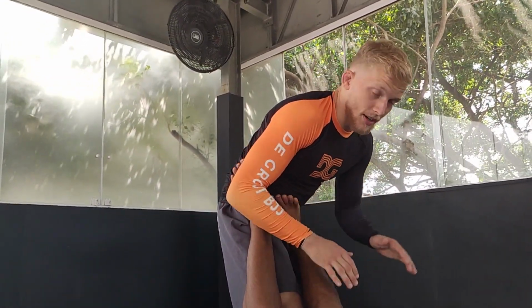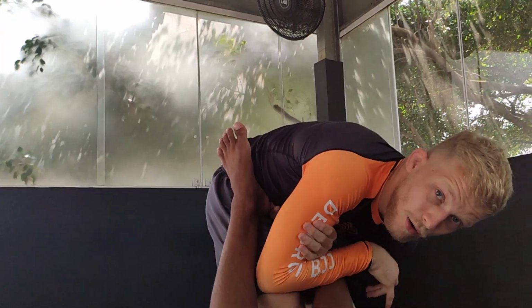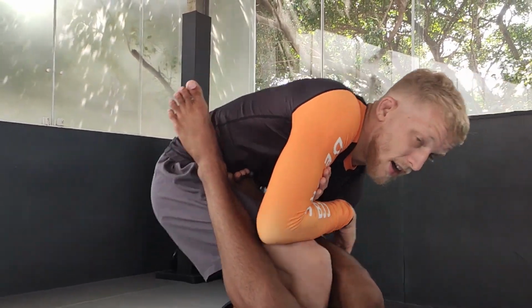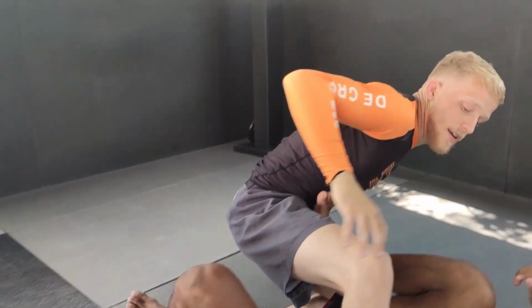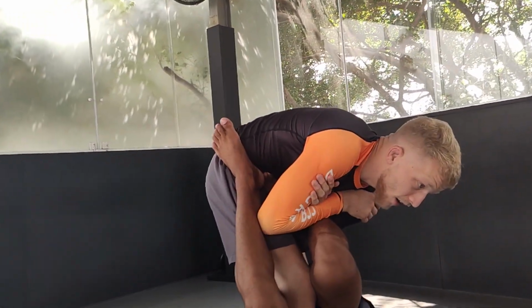So finishing mechanics are the same. My outside hand, so the hand on the side where his leg comes in, it's gonna go through, lock that rear naked choke grip, and from here keep crunching and sit back. Of course, I'm gonna release a little bit again. I sit back, and from here we use the same finishing mechanic. So from here you lock the hip and you spin. So when somebody is attacking your foot, with this situation, you want to come in, lock everything up,